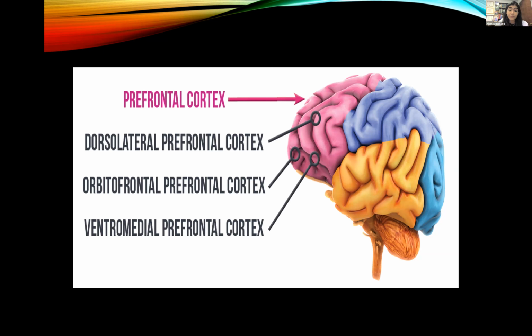Coming to the ventromedial prefrontal cortex. This is quite heavily involved in motivation and initiation of activity. So if there is any lesion which affects the ventromedial prefrontal cortex, it can lead to the person having apathy, it can lead to decreased drive or awareness. And another very interesting thing is that a lesion in the ventromedial cortex can lead to akinetic mutism or abulia,